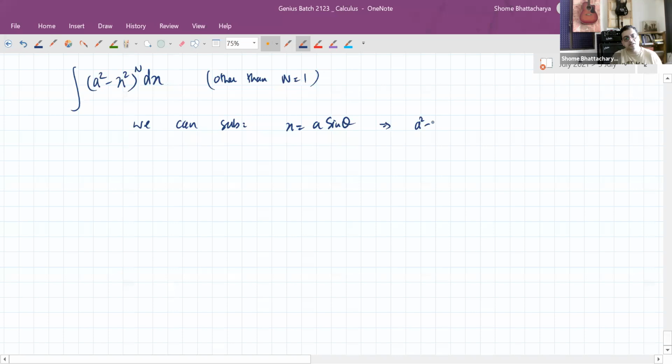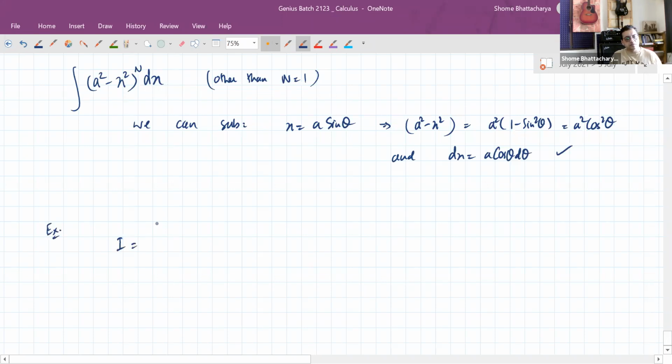So a square minus x square becomes a square cos square theta, and substitute dx as a cos theta d theta. Okay. So for example,